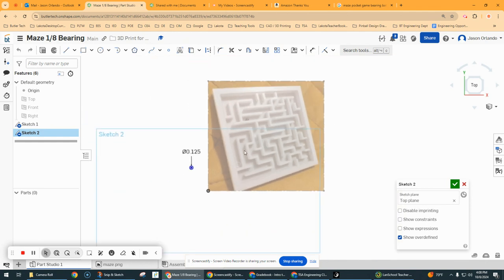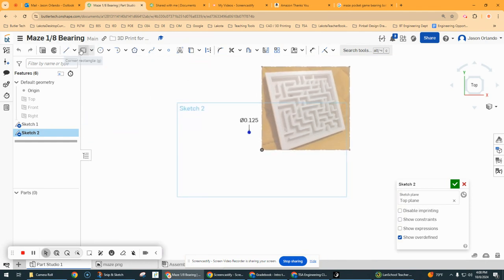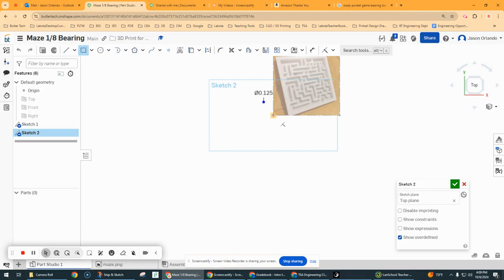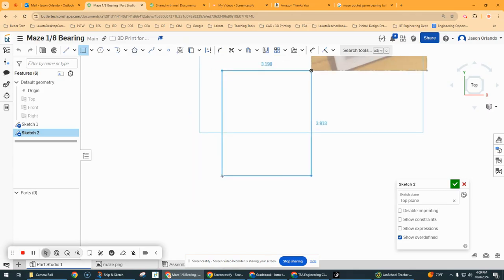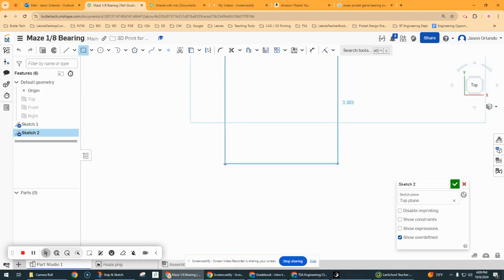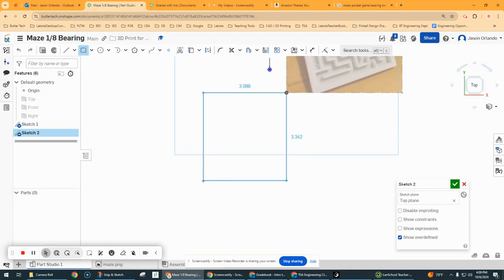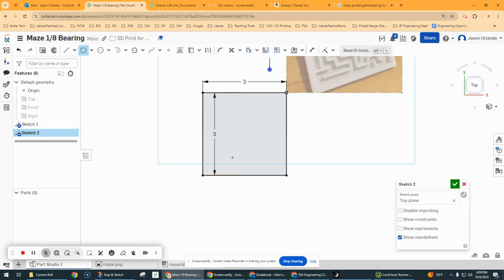So again, this picture's terrible. So ignoring that, it was just kind of a reference of a picture. So it'd probably be awesome if it's like, I'm trying to think, like 3 by 3 inches maybe. So what if I make a square that's like 3 by 3? Now you could also make your own maze. I don't know if that's more work or less work, but